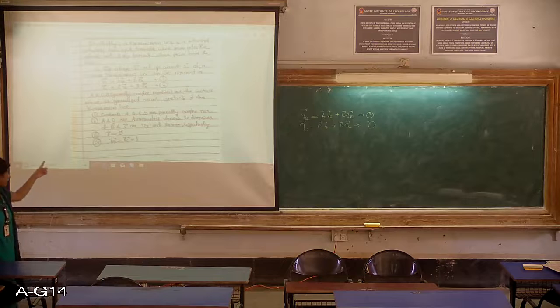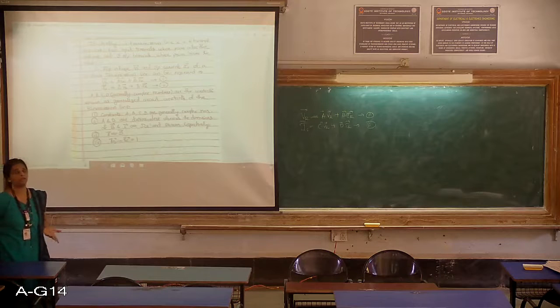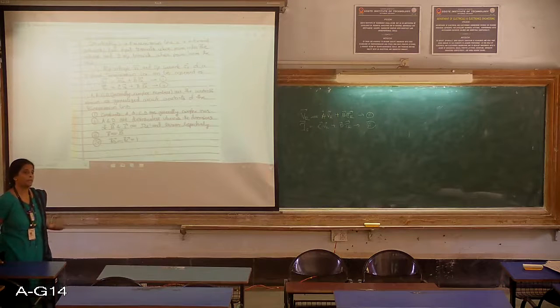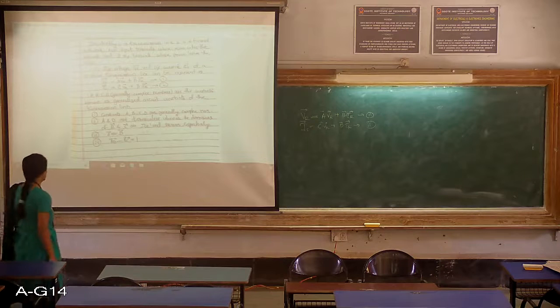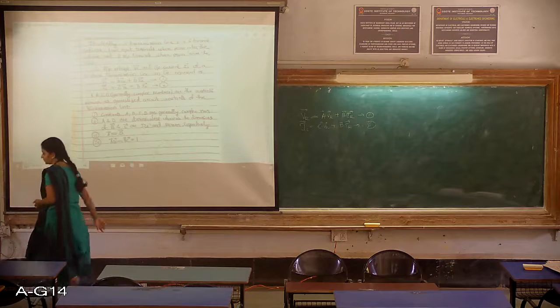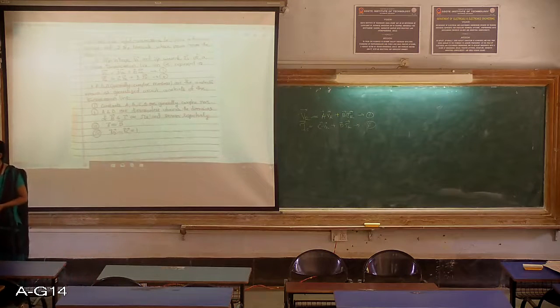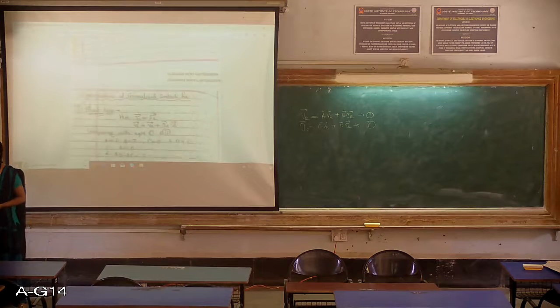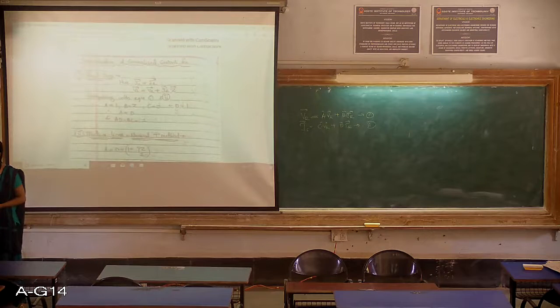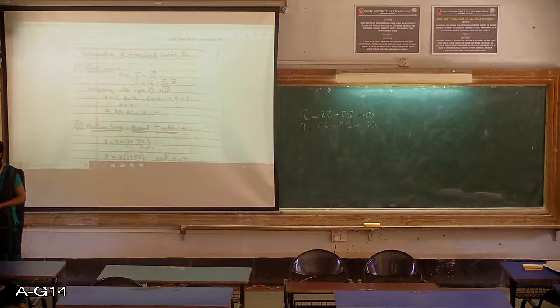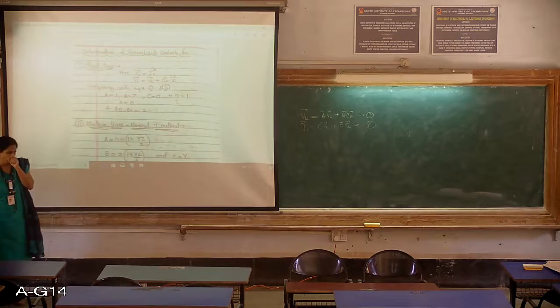So based on these features, you are supposed to even write a program in your upcoming semester subject, computer techniques in power system. You are supposed to write a program on these ABCD constants. Either they will ask using a T method or using a pi method. So now what we will do is, we will just see what these expressions will be for the various lines that you have studied.